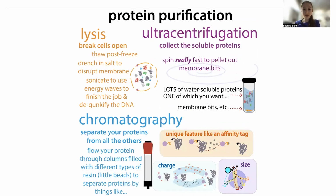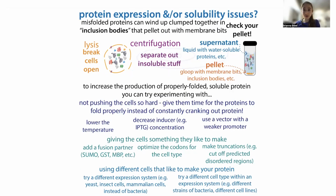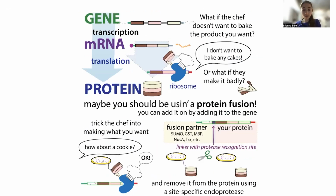And so today I want to tell you more about these fusion partners. If you want to know more about other types of protein expression or solubility issues, I'll point you to my post on that. There are multiple strategies that you could take, and today I want to focus on the fusion partners. The fusion partner is going to be a small little protein that the cells really like to make. They like to make it, and it's going to fold really easily, and it's going to stay really soluble. And so this is going to kind of trick the cells into making your protein,